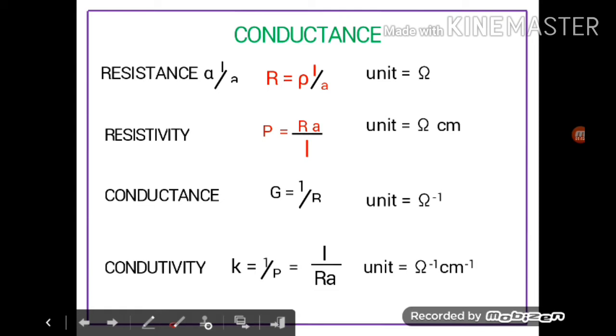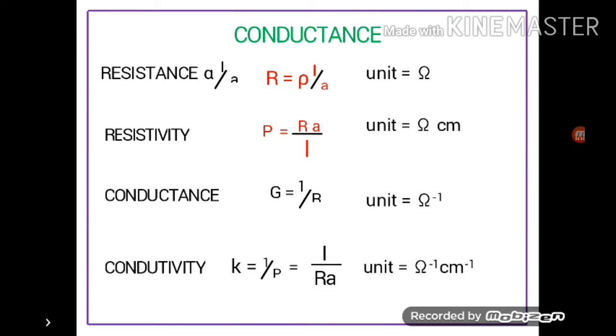Conductance, resistance, conductivity, resistivity, these are the things. Here these are the terms which are related to metals. But what happens if we use solution? Because in case of solution it is quite difficult to make the length of solution 1 centimeter and the area of cross section also 1 centimeter square. This one is quite difficult.